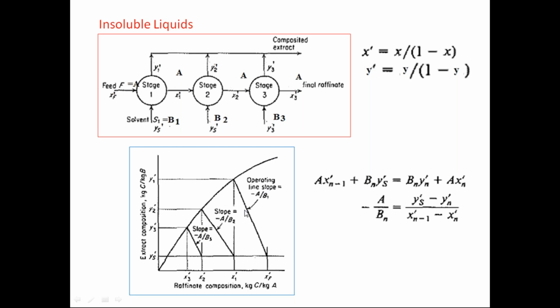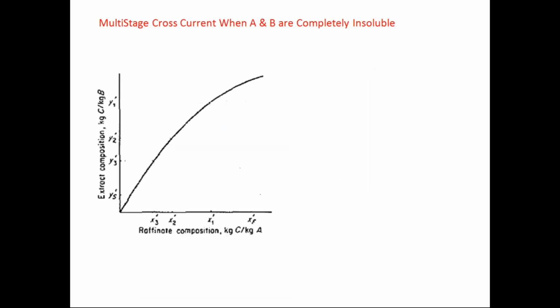So you can find out the total solvent consumed to reach this value from this one to this one by arranging a few stages. If you want 3 stages, the total solvent requirement for 3 stages can be estimated. Okay, so this I will explain to you in an animated graph. All of you please see this and carefully understand, because this is very important.